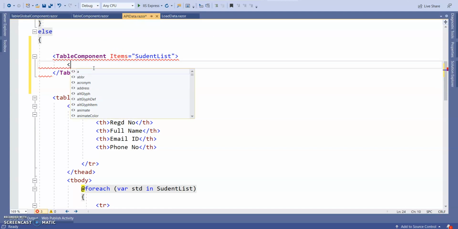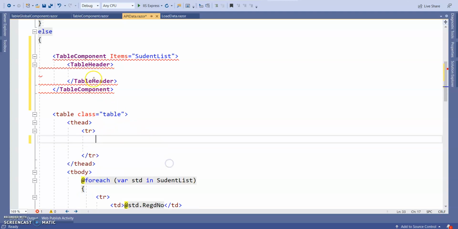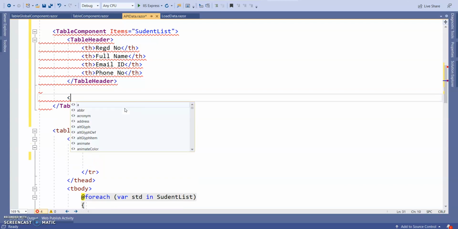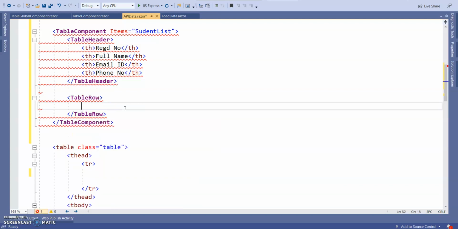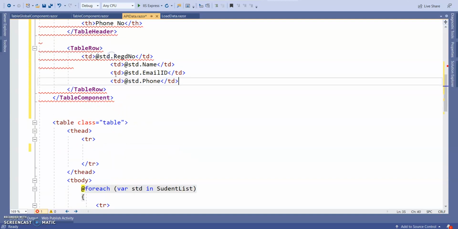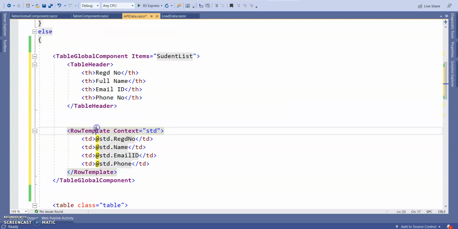Okay, here TableHeader, inside table header the static data, again TableRow, this dynamic data from here. Next here we are going to use context equal to student. So once you build the application, here I missed that one, it's not TableRow, it's RowTemplate.